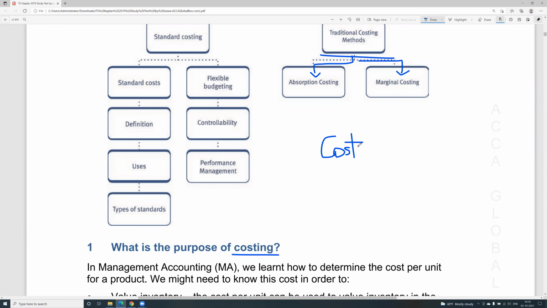Suppose you are a person who is manufacturing something. When you're manufacturing, you have your material cost, your labor cost, your overhead cost, your direct expenditure, and different indirect expenditures, which are all directly or indirectly attributable to the product. Then you need to segregate those costs and come up with the cost of the product. That's the main thing you need to do in costing: come up with the right cost of the product.